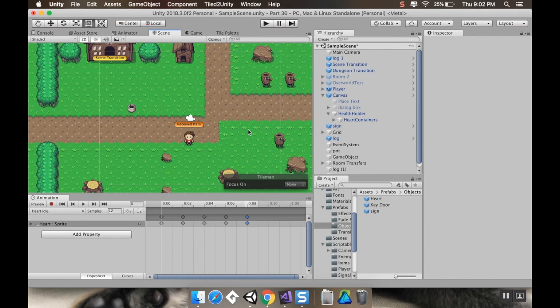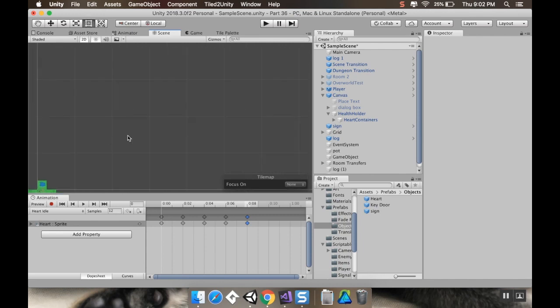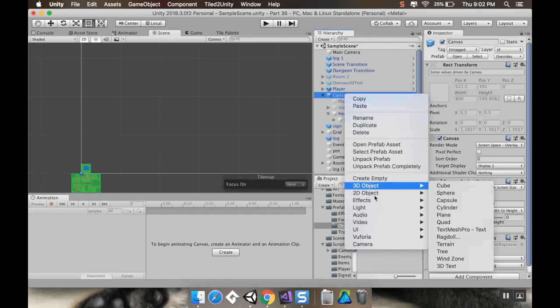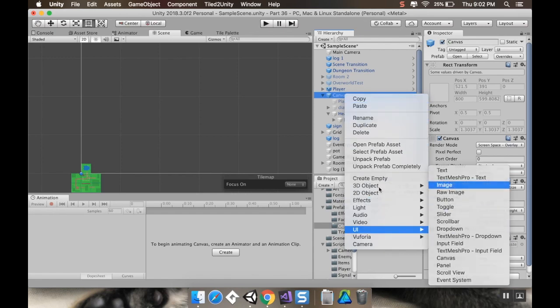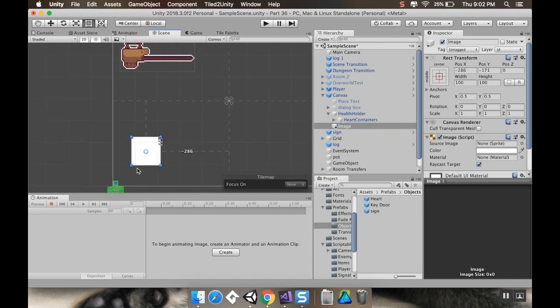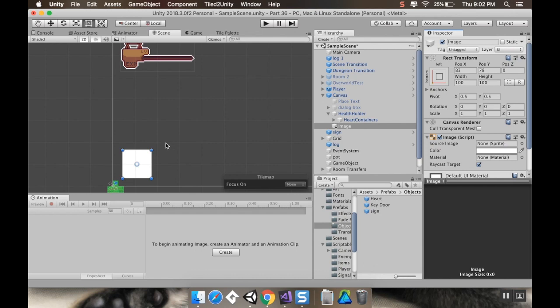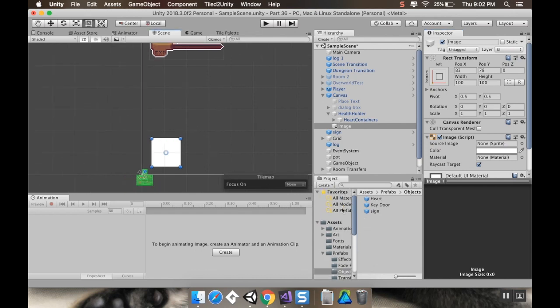All right, so let's get started. The first thing I want to do actually is mess around with the UI a little bit. I want to make a little banner down here in the corner for how many coins the player has. So I'm going to go to the canvas here. I'm going to make a new child, which is just going to be an image. I'm going to move this image down to the lower left-hand corner, and I'm going to anchor it there. So if I choose the image, rect transform, choose lower left, and now I'm going to go to my art,